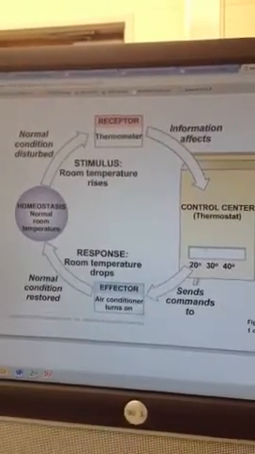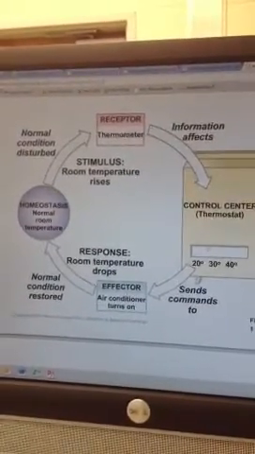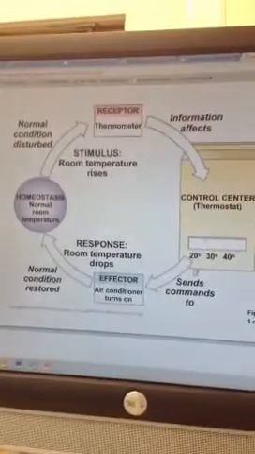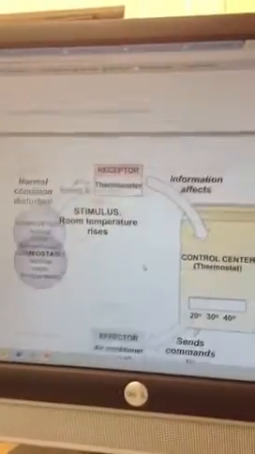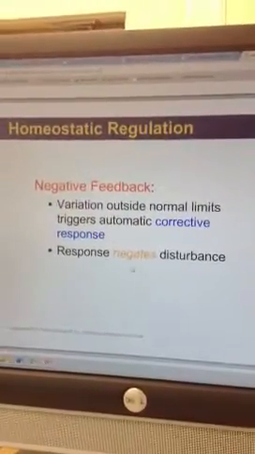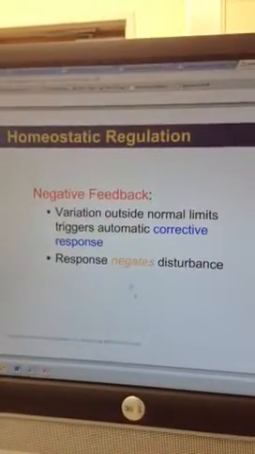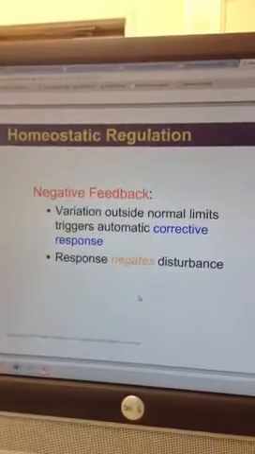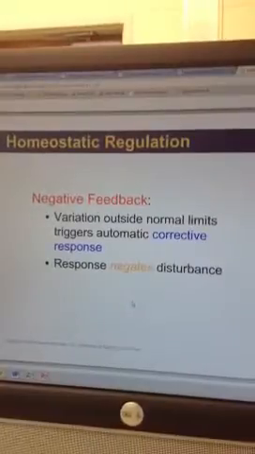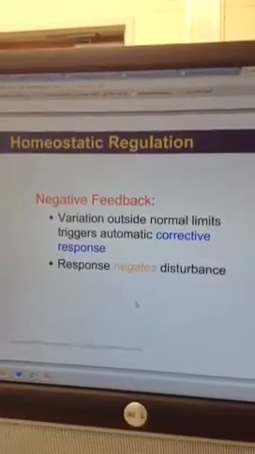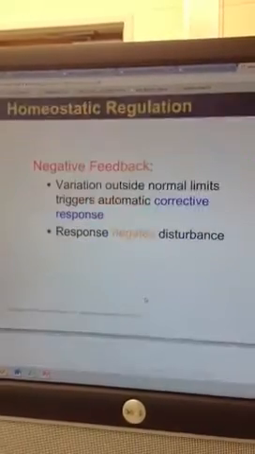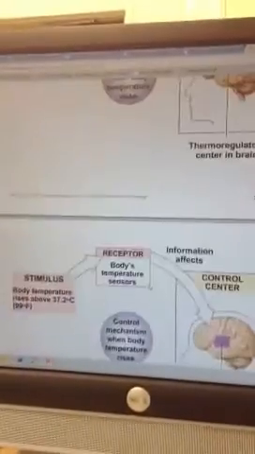These effectors would be things like your sweat glands if you were going to start sweating, or maybe your erector pili muscles if you were going to start getting goosebumps. Feel free to study this entire PowerPoint, but what you actually need to focus on is what negative feedback is, and think of some examples so that you can explain using examples. There's a trend, and the negative feedback corrects the trend. In other words, it negates the disturbance or goes in the opposite direction. Lots more examples